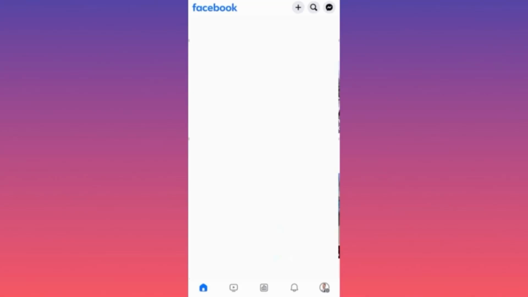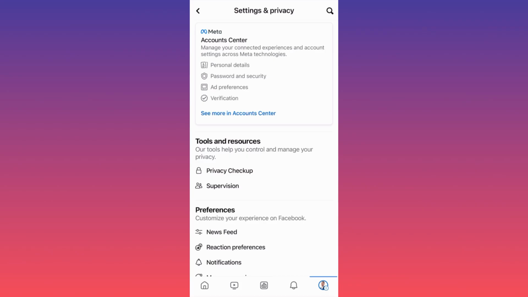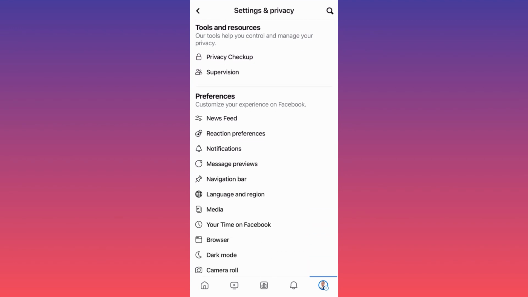First thing you want to do, guys, you want to click on the lower right corner at your profile picture. Then, when you're at your profile, I want you to go ahead and hit the gear icon at the upper right. This is where the magic happens, guys. I want you to pay close attention. I want you to scroll down to the section Tools and Resources, and I want you to click on Privacy